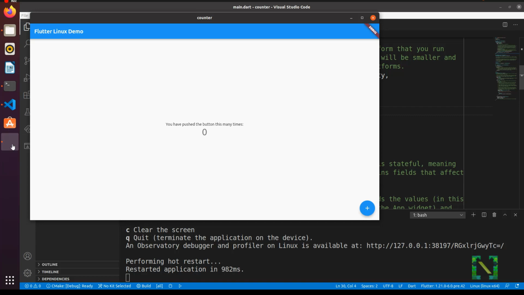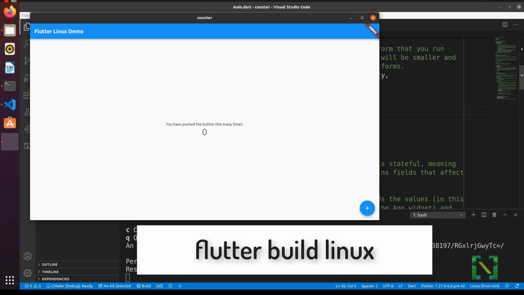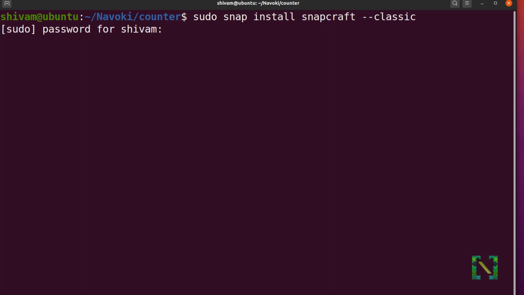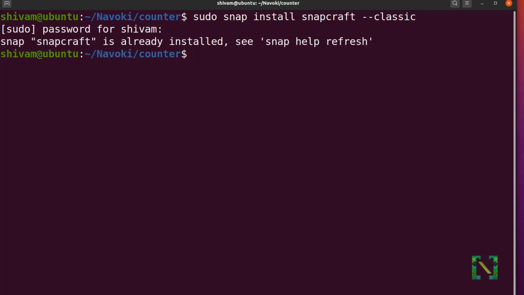From now here, we are going to start the process of publishing the app. So to publish the app, we don't need to create the release version of this application because the publishing process already involves creating a release version and making it ready for publishing. If you want to make a release version separately, you can follow this command. Now open the terminal in your main project directory. To deploy the Flutter application on the Snap Store, you need to install Snapcraft, the tool you will use to build and publish your Flutter application as a .snap file.